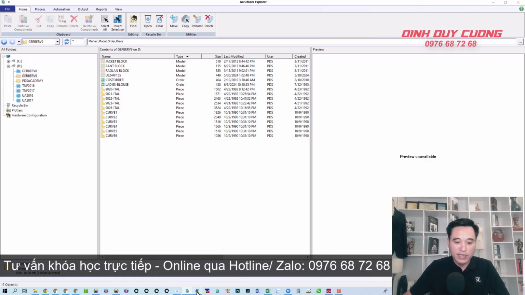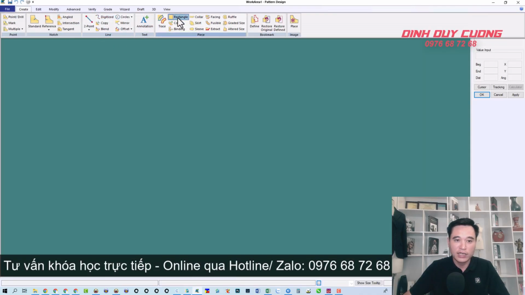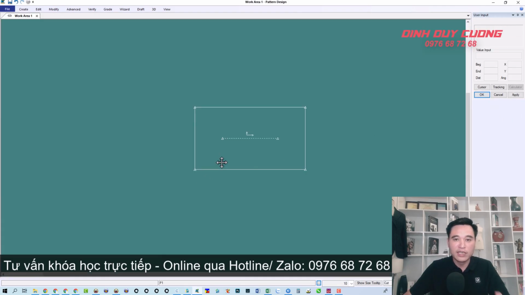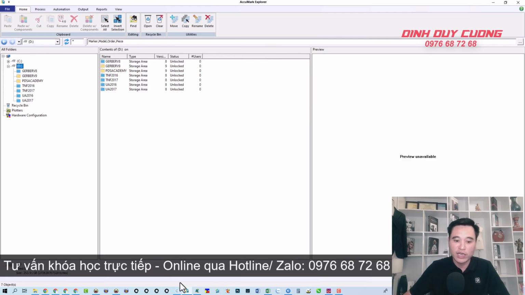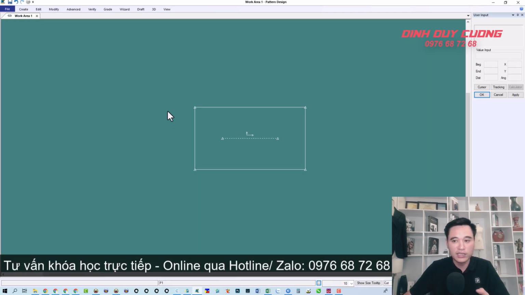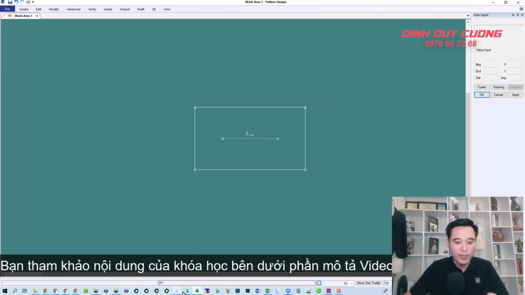When you create a specific design detail here and you save it, how do you make sure that this detail is saved exactly where you want it to be? This is also a very common issue for many people who are just starting out and are new to using the Gerber AccuMark software. With most other software programs, it's very simple. You just need to save it directly to a standard Windows drive, and that's it. But with Gerber AccuMark, it manages files in a system-based way. So if we choose the wrong path, or if the options and tools in there aren't set correctly, the files can end up in places we never expected, right? Or sometimes when we want it to go into a certain area, it doesn't go there, but ends up somewhere else instead. Let me give you an example.